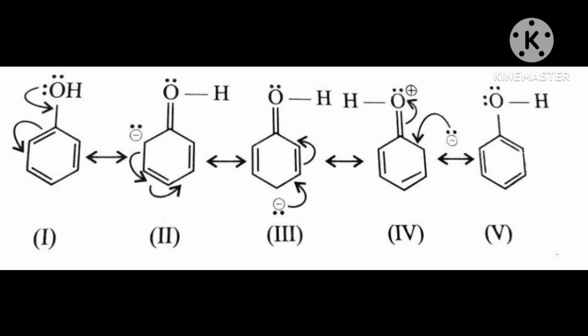The OH group was attached in the tertiary alcohol, and H it will take from the alkyl group. One hydrogen it will take, and now OH and H will become water,